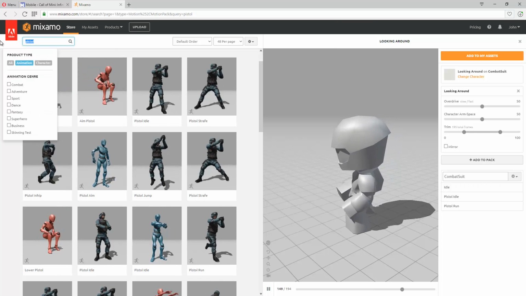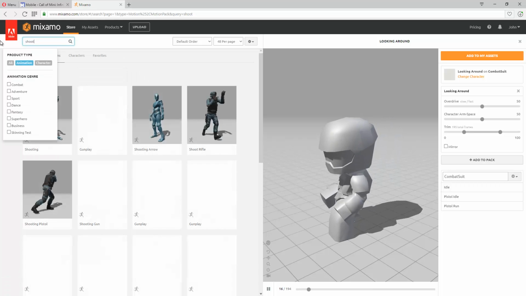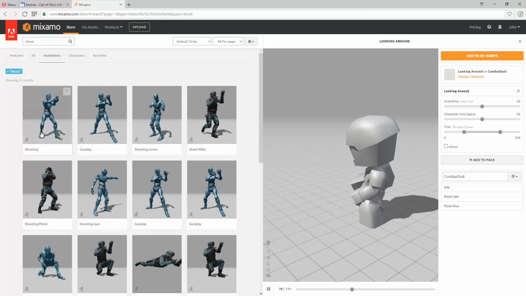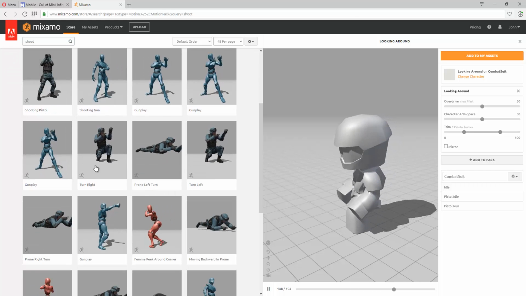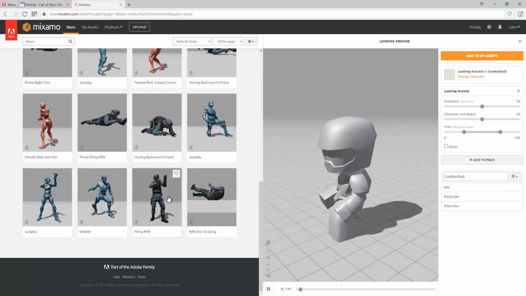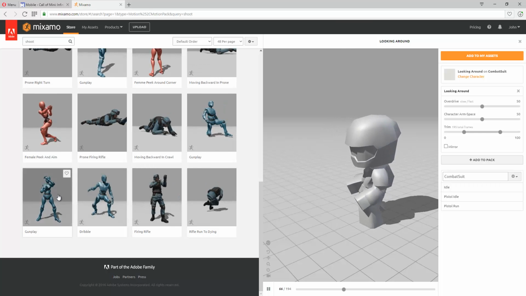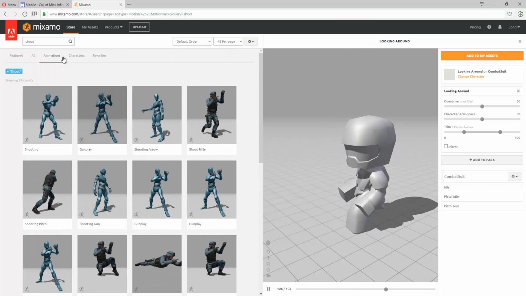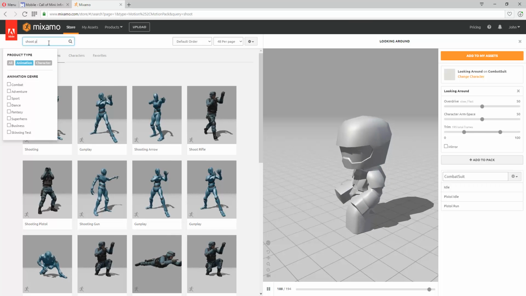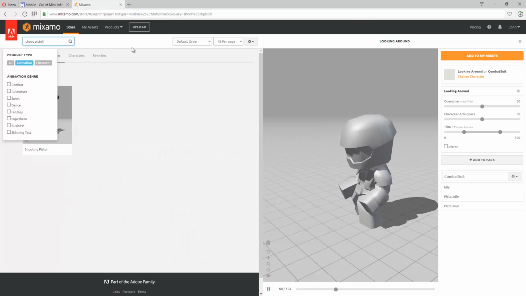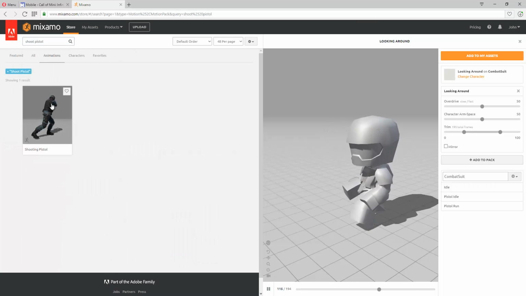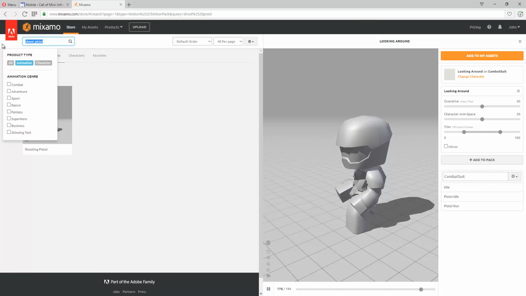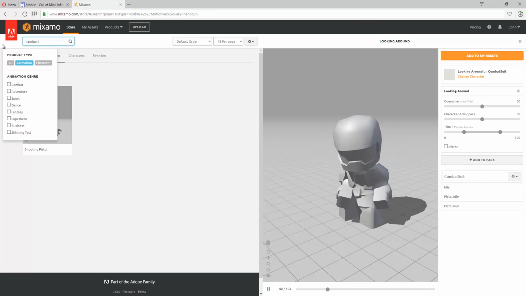So we're just going to go over to shoot, rifle, shooting. Shooting rifle, shoot pistol. Handgun.